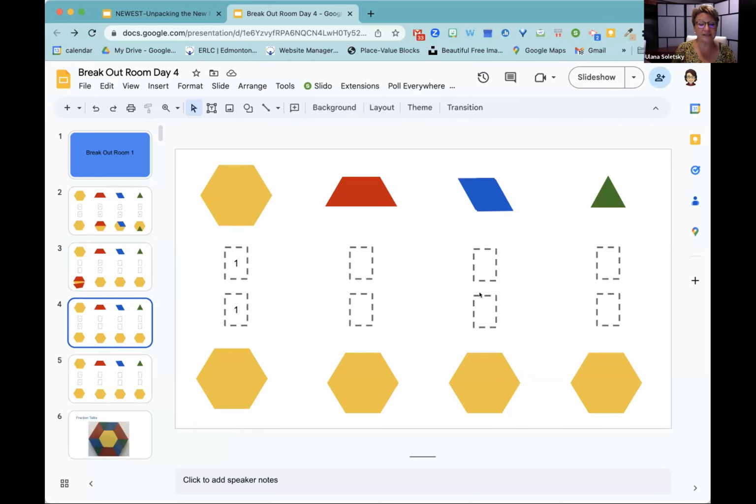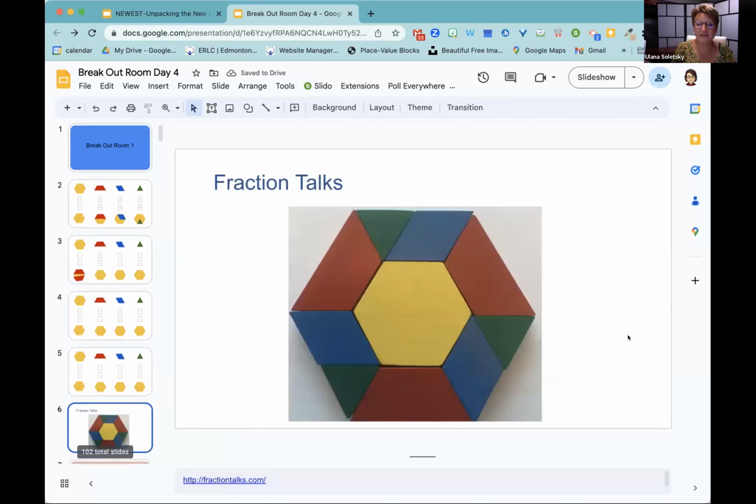When you get to the third slide, again, this is wrong. You can say this is 1. And the fourth slide, this is 1. And then when you get to the 5th slide, this whole picture is 1. And what I would like you to do when you look at this whole picture as 1, tell me, if that whole picture is 1, what does green represent? What does the blue represent? What does the red represent? What does the yellow represent of the whole?